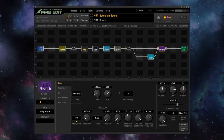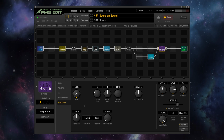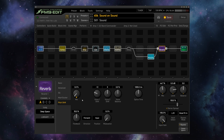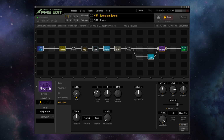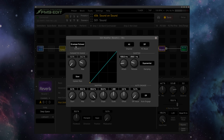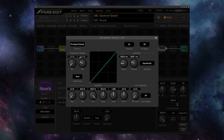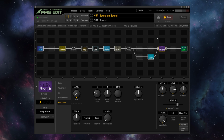And this is one of those things that really is easy in Fractal land, but would be kind of tough to pull off in any other type of unit. So what I've done here is on this mix parameter of the pitch shifter in this reverb, and I've got it shifted down a full octave, I've got this envelope follower attached here, and I've set the maximum mix to be 26.2% so that when I play,